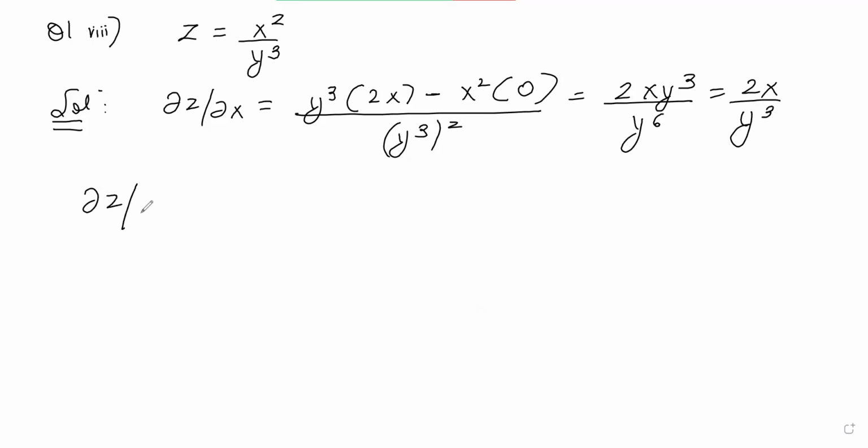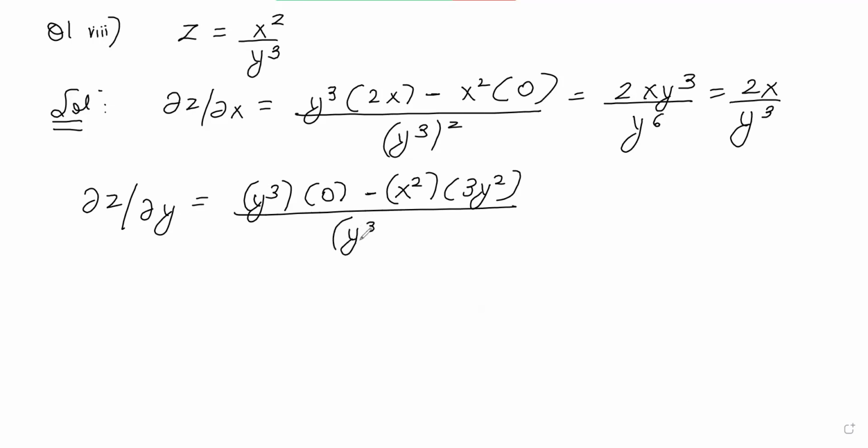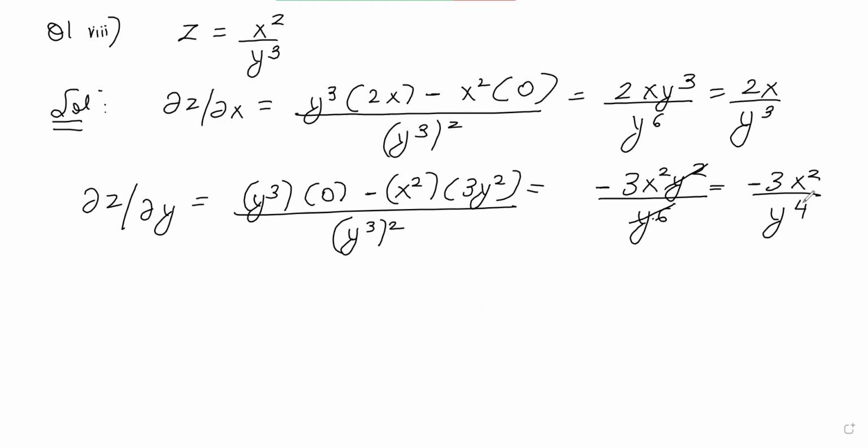And if I find out del z by del y, again I apply the quotient rule. Denominator into the derivative of x square is 0, minus x square into the derivative of y cube, which is 3y square, over y cube square. So this is going to be minus 3x square y square over y to the power 6. This is minus 3x square over, this and this cancel out, power is 6 minus 2, which is 4. So it's minus 3x square over y to the power 4. Okay, so again, I hope students have understood this. And now